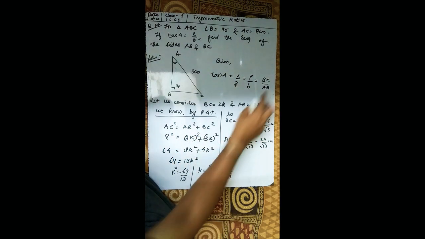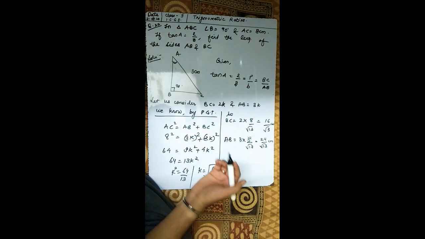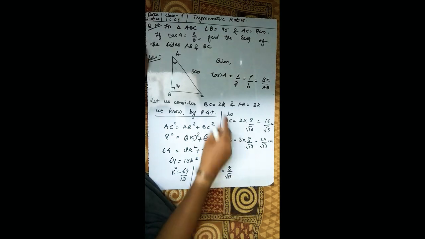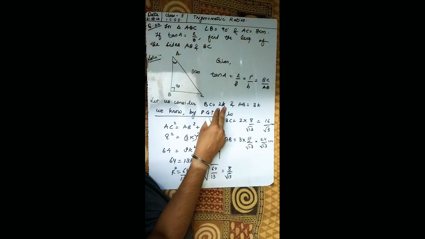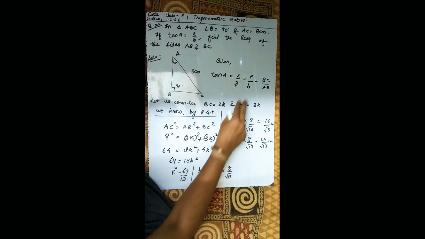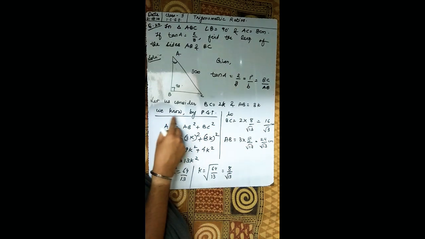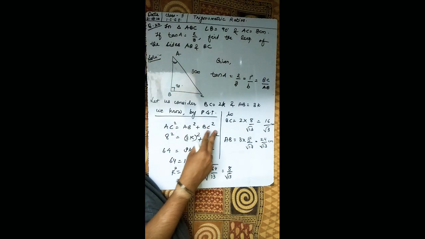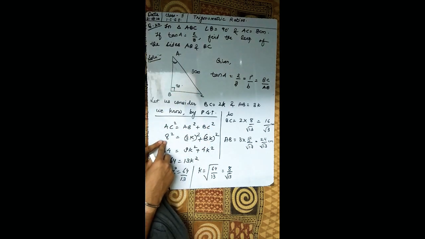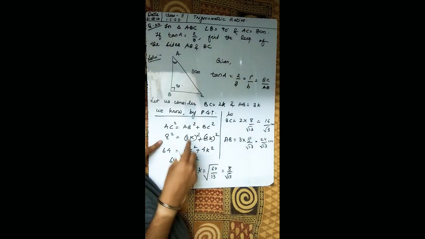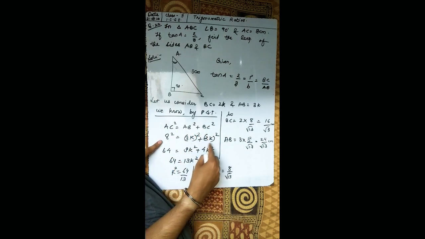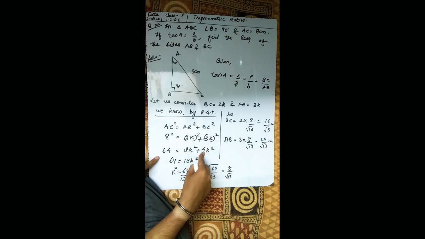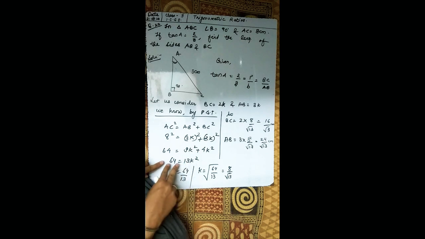So what we will do, if they are the ratios, then we know that to remove the ratio we use any constant like x or k. So let us consider BC is equal to 2k, and AB is equal to 3k. We know by PGT that AC square is equal to AB square plus BC square. AC is given as 8 centimeters, AB is what? 3k the whole square, plus BC is 2k the whole square. Now solving this will be 9k square plus 4k square, 13k square is equal to 64.